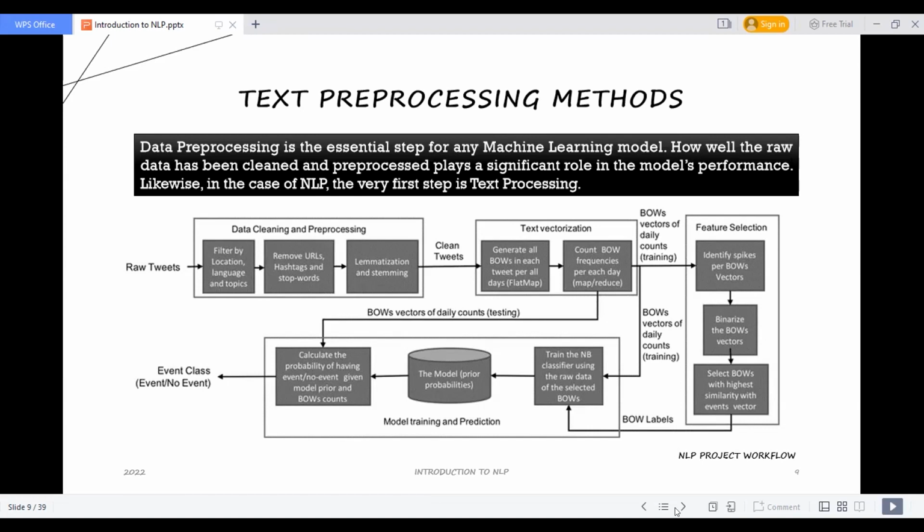So the very first step we need to do is clean the text. We just need to clean our raw tweets and remove all the unnecessary things which are not required to analyze. Let's take an example of sentiment analysis using tweets from Twitter.